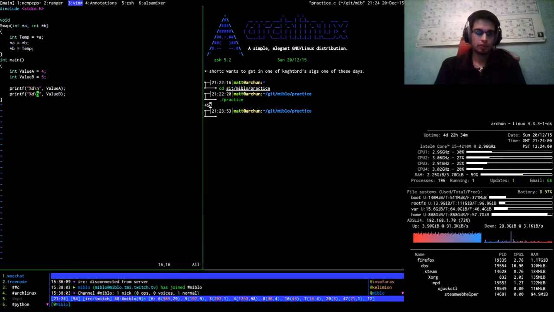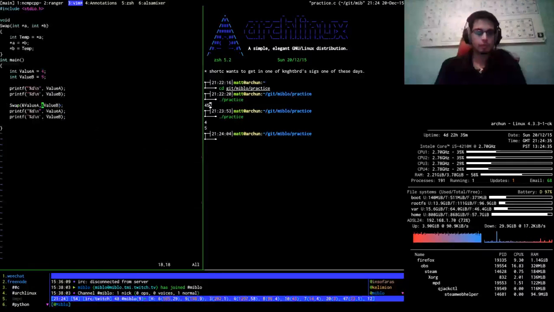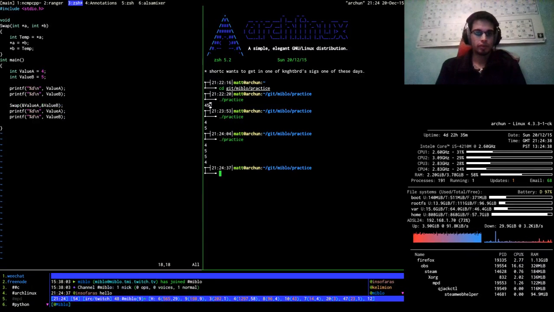So yeah, I've got those values 4 and 5 there. What if I just swap these two values and then just print this out again? With a bit of luck, I have to pass it like this, don't I? They'll be reversed. Yeah, they are.